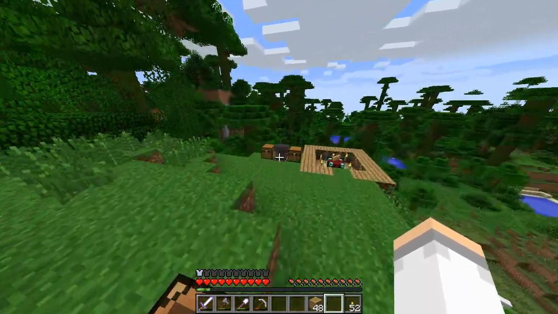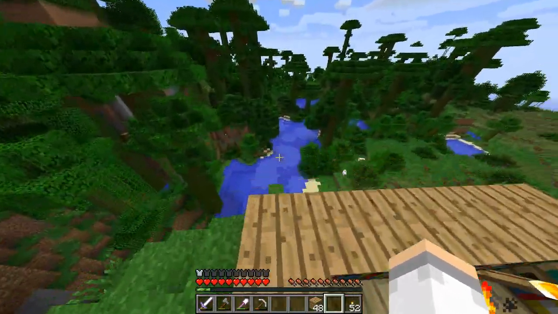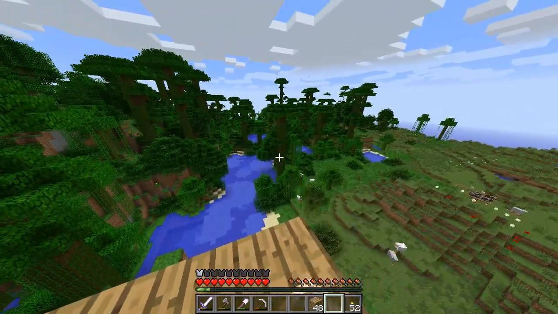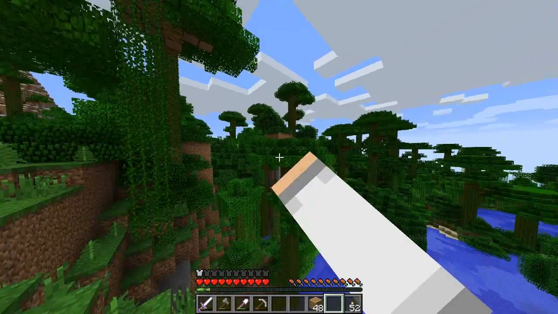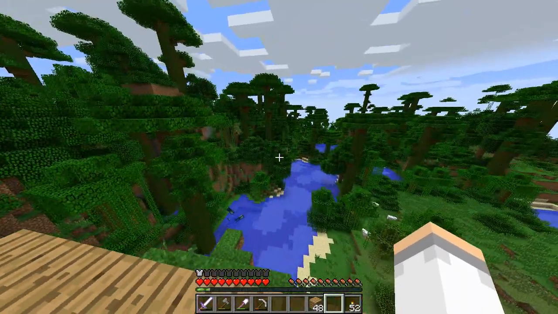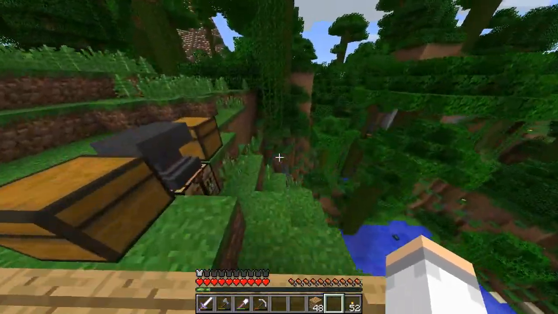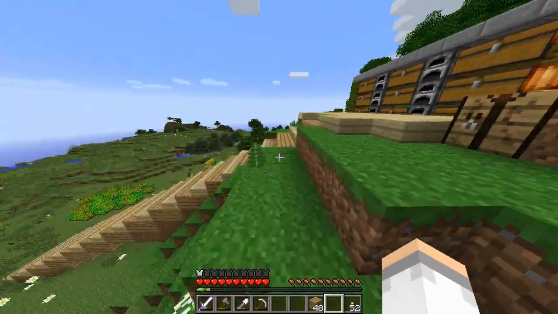And over here I've got an anvil. This is my little workstation for enchanting and so on. I've realised the lag was apparently something to do with the trees, like light going through the trees. The game has to keep rendering and updating all of the light changes, so apparently that's why jungle biomes are much laggier. So that means I'm going to build my base,